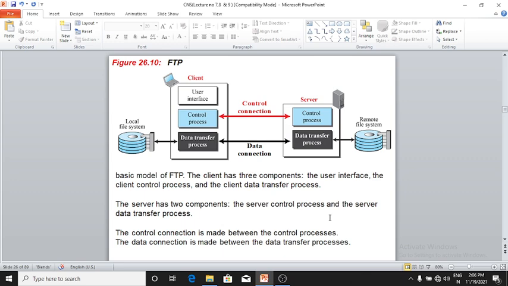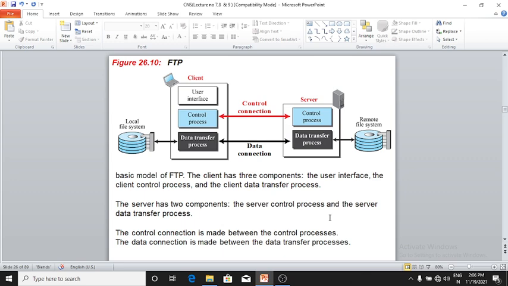First is the client. In the client there is a user interface, a control process and a data transfer process. The data transfer process transfers the data from the local file system to the data transfer process of the server and the remote system file. The control process is also there in server and client, which controls the process between the client and server.